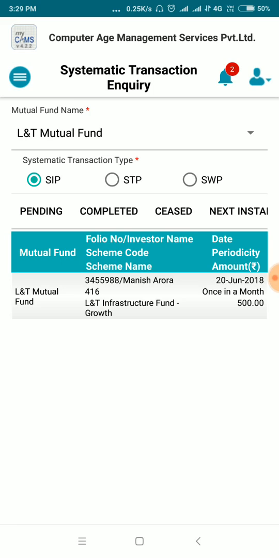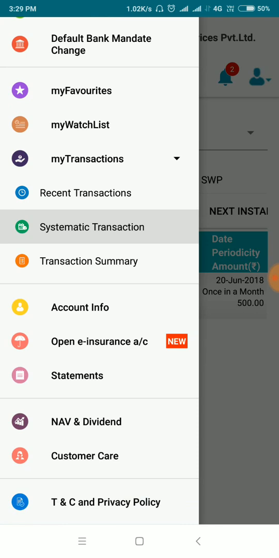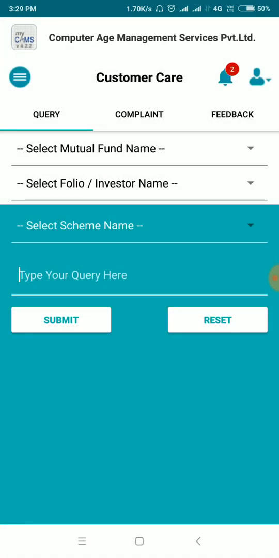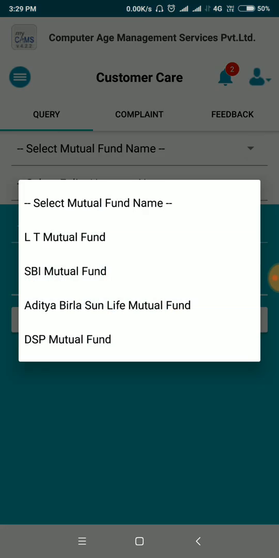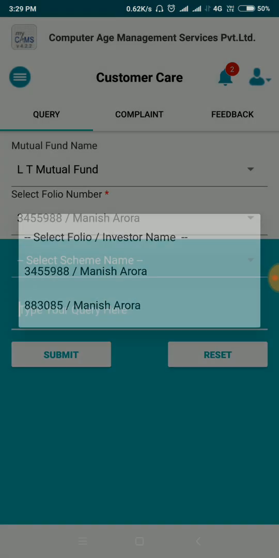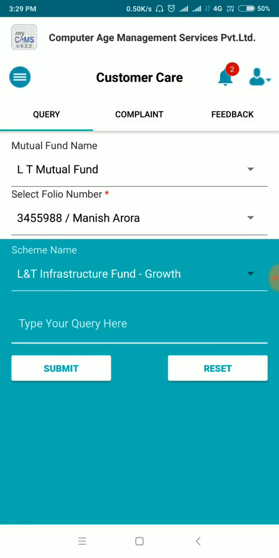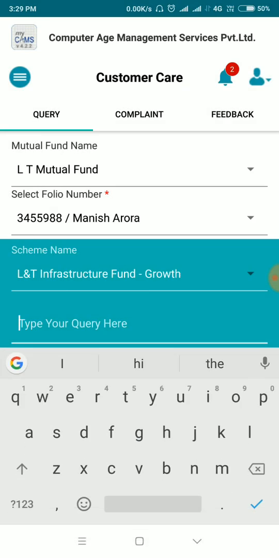Okay, so let me go back again and show you the other options that we have. So another option is, for example, you want to connect with the customer care for any specific stuff. You can give your query here. You can select, let me select mutual fund, and one option I will select here. You can select the scheme type and type in the query here. Suppose you want to know how to close your SIP, so you can just simply type